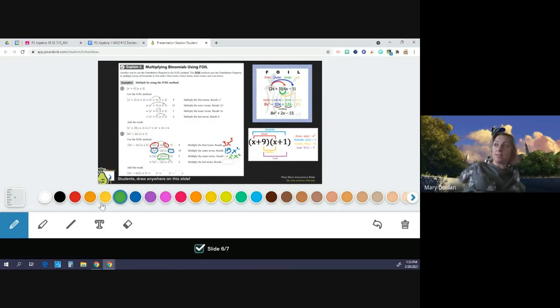And then the last ones are the last terms. So the last of the first polynomial and the last of the second polynomial, -2x times 5, -2 and 5 multiplied together is -10, and then x. So if you look at these different terms that we've got using the FOIL method, there's two